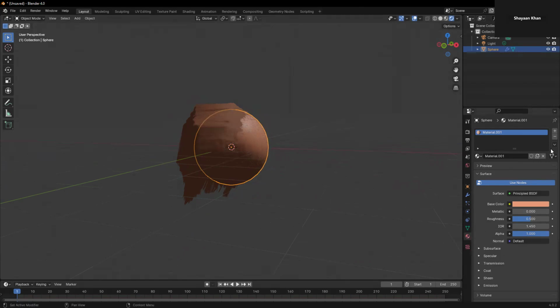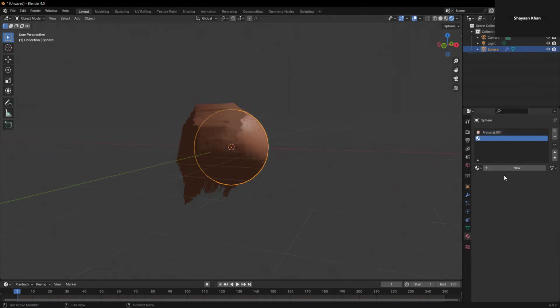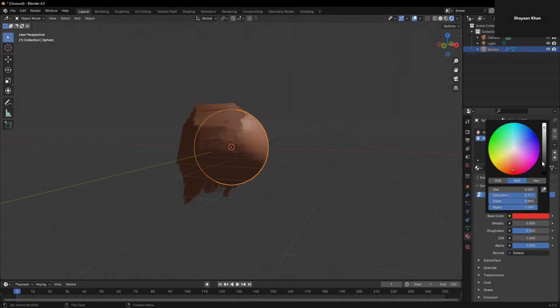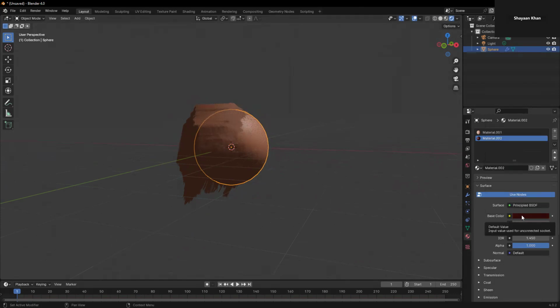You can add a new material, and let's say we can give it a dark brown. So we can play around with the color here, give it a brown color, dark brown. And so now if I